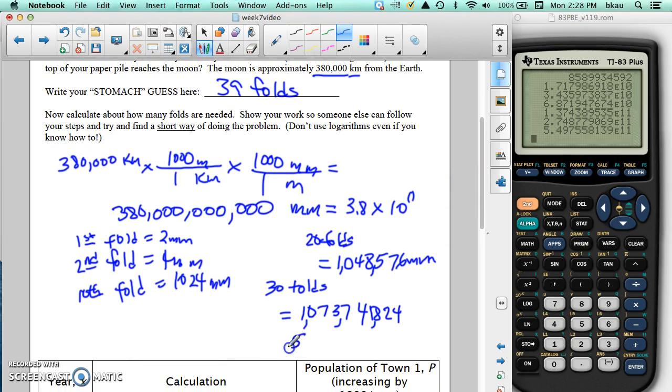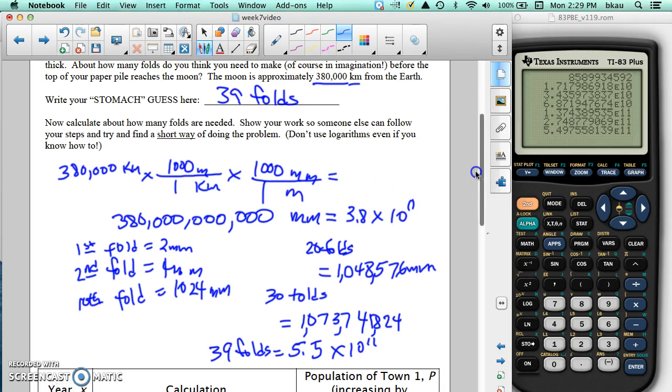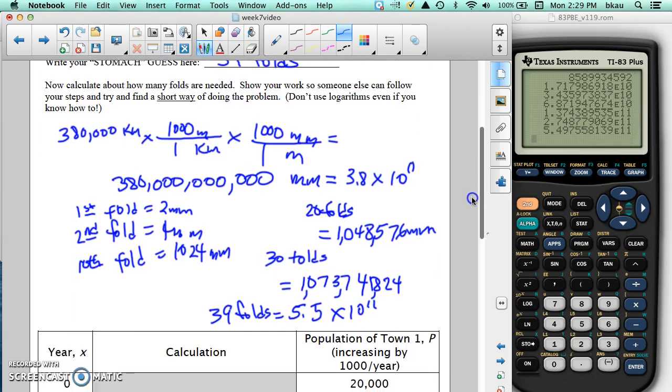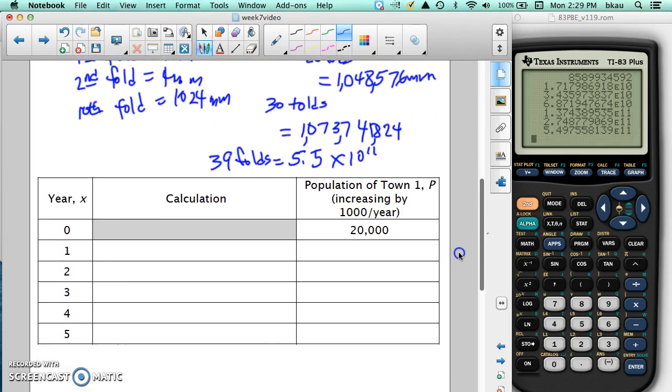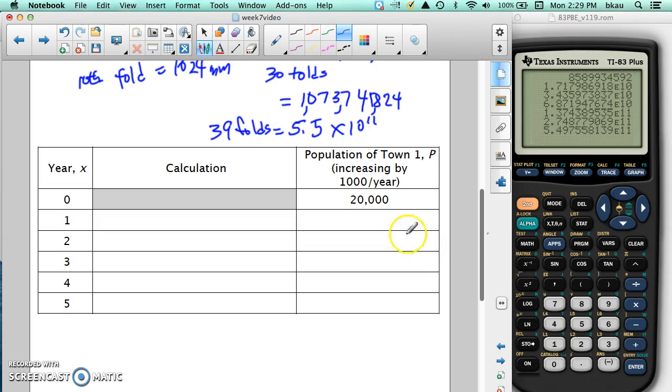So at 39 folds is approximately 5.5 times 10 to the 11th power, which is more than this. So we reached there. We're at 2.74 at the 38th fold. So it took 39 folds of paper to get to that point. All right, so we'll move on to our next worksheet, which is a calculation of